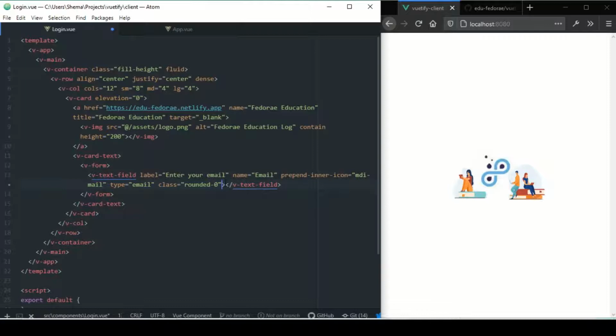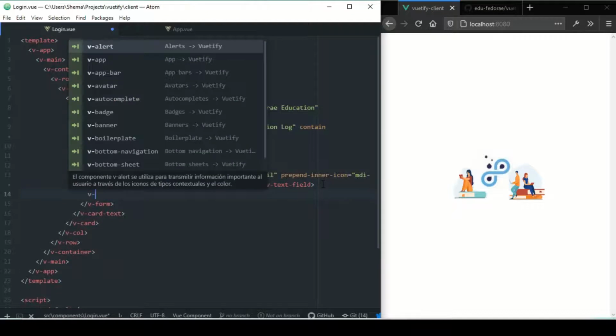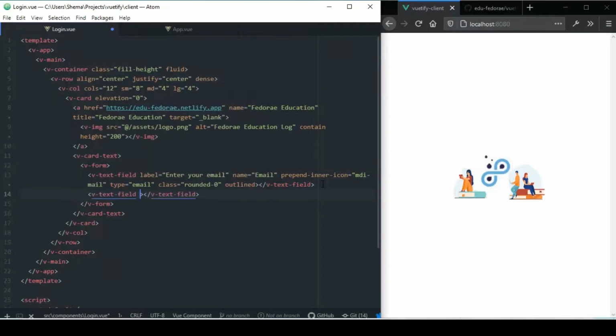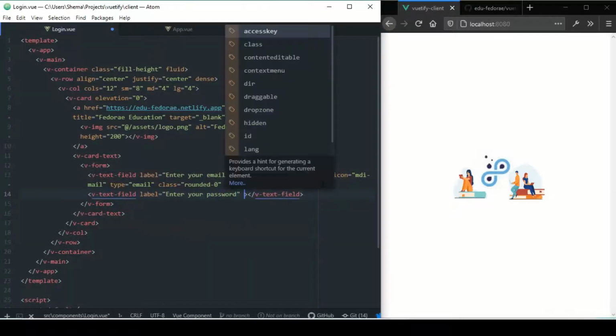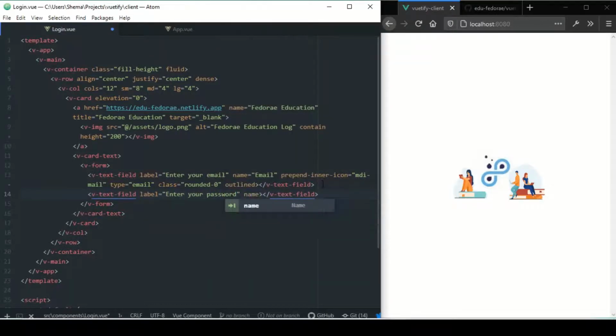But the next thing that I want to do is have this outlined, because by default what Vuetify gives is a line for your input fields. It's pretty nice, but I want it to be outlined. So the next thing is to just create another one of these, and the label for this one is going to be enter your password, and the name is going to be password,